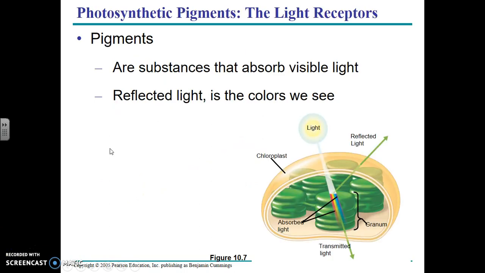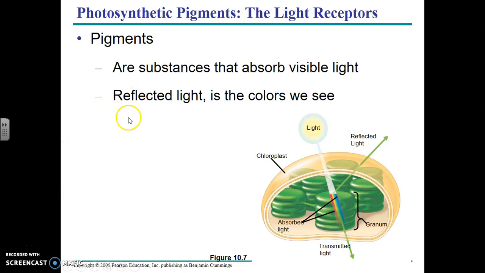So the question that we're trying to answer through this PowerPoint is, how do plants absorb light? And what colors of light are best for photosynthesis? And plants absorb light through the use of pigments. Okay, pigments are substances that absorb visible light. An example of a pigment that's not in plants